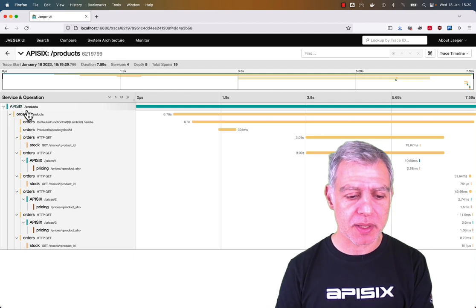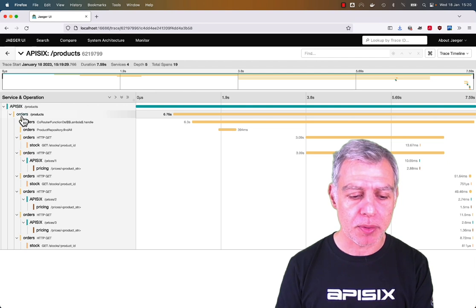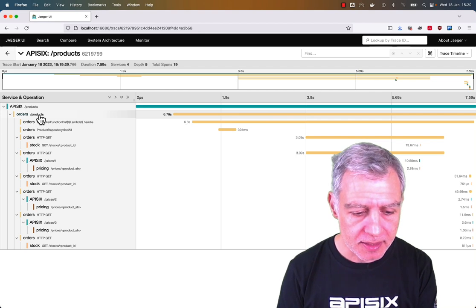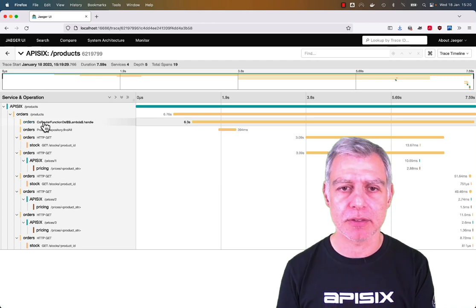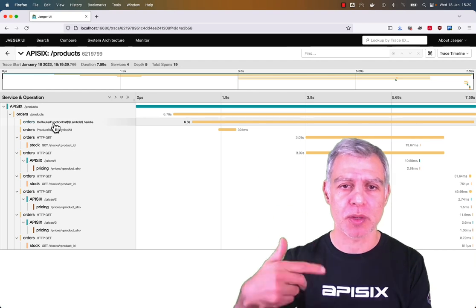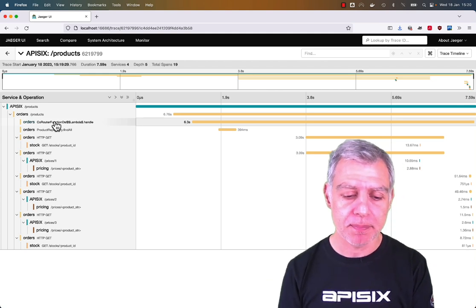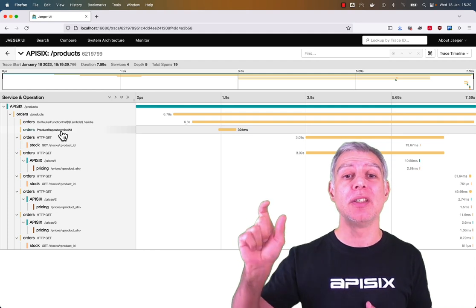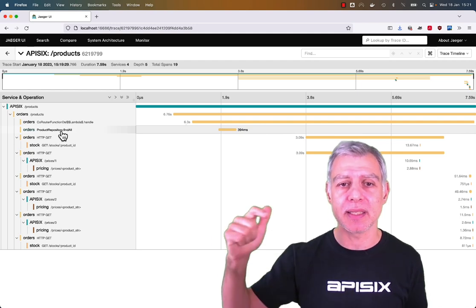We can see that we have our API 6, which is the entry point. And here we have the orders, which I misnamed. It should be called catalog, but here it's orders. And here we have the product. Here we have the first auto-instrumentation inside of product. Because we are using Spring Boot, we have lots of proxies inside. You know how Spring Boot works. And here I decided to make a call for a proxy and trace it. Here we have the findAll. Why? Because it's an interface provided by Spring Boot. We didn't provide the implementation. So basically, again, it's a proxy.